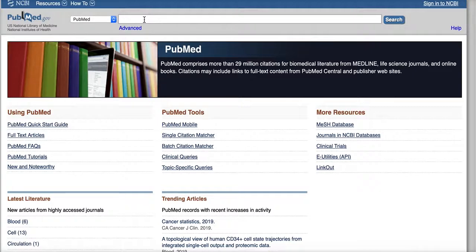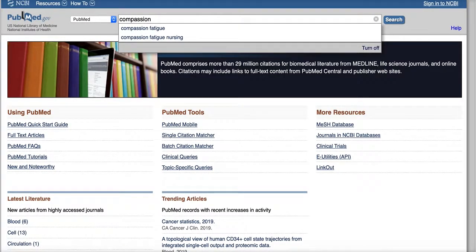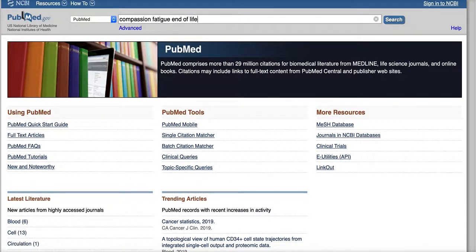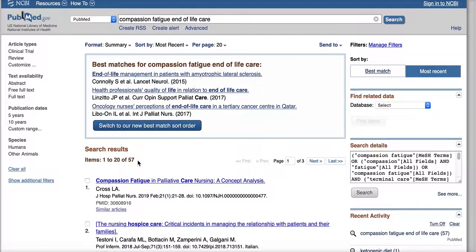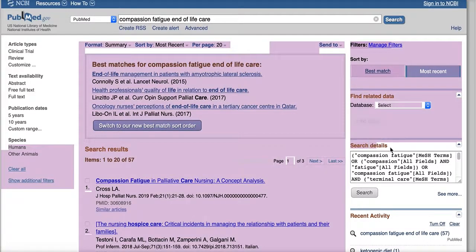If I use our example search from CINAHL, I'm just going to type in compassion fatigue, end of life care, and I'm not going to use quotation marks or put "and" in between the words. And I'm going to click search. This brought up 57 results, and the first thing I want to do is look at my search details